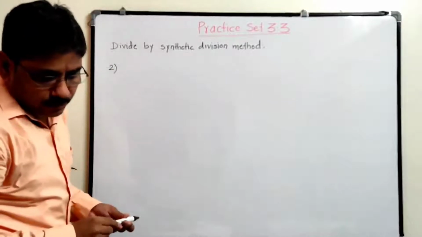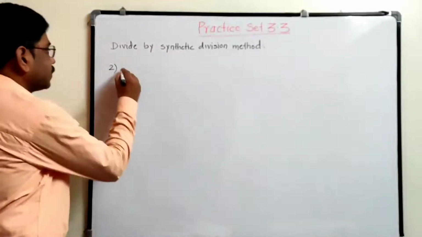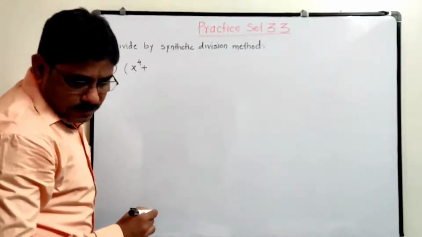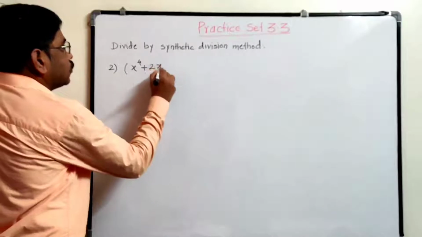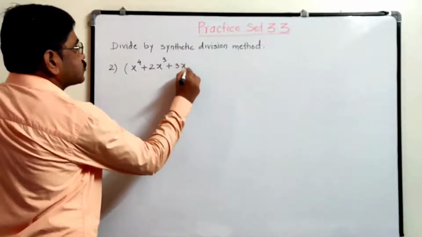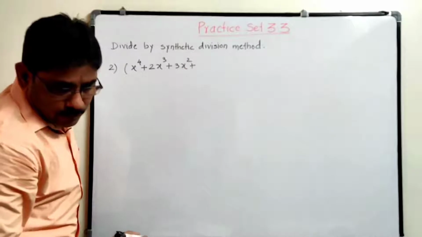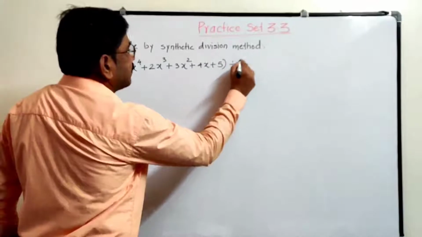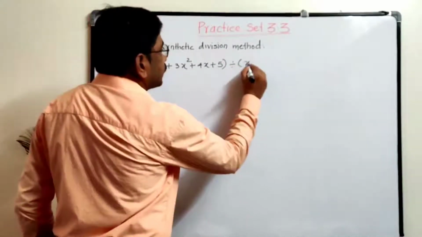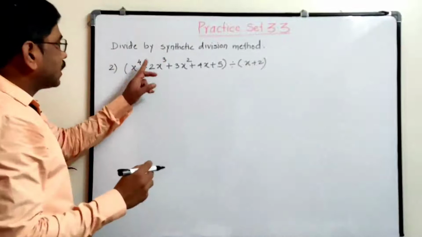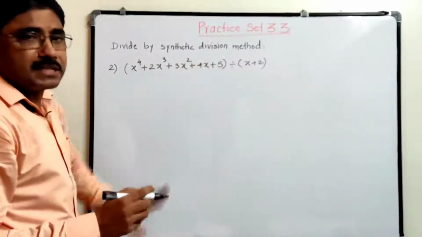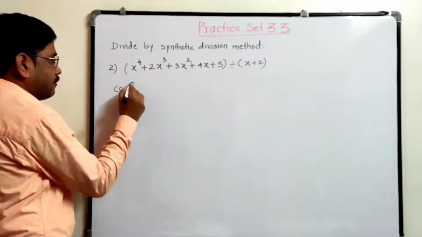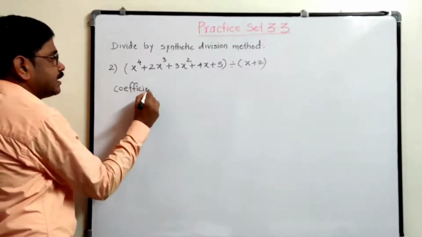In second sum, x raised to 4 plus 2x cube plus 3x square plus 4x plus 5 and divided by x plus 2. So here 4, 3, 2, 1, 0 means it is already in index form. So directly we can write coefficient form. Coefficient form